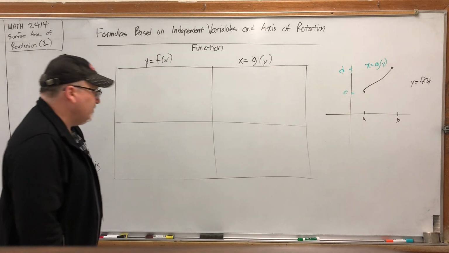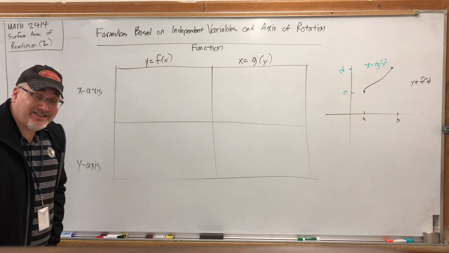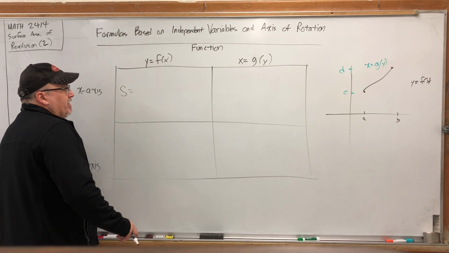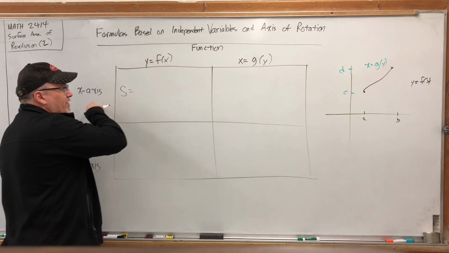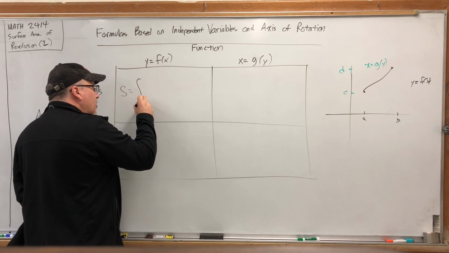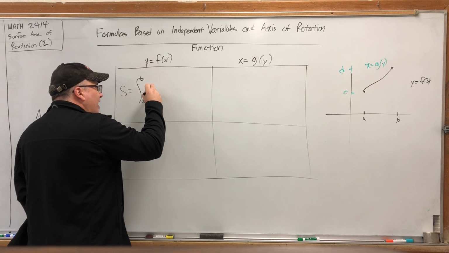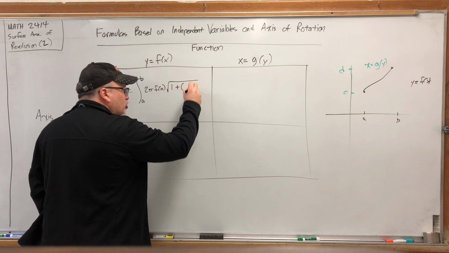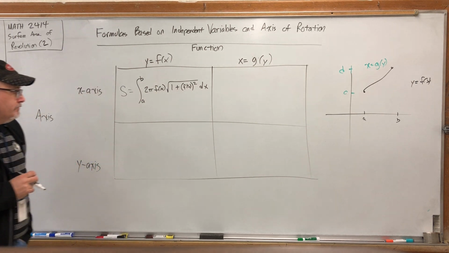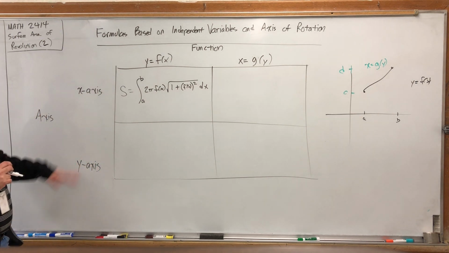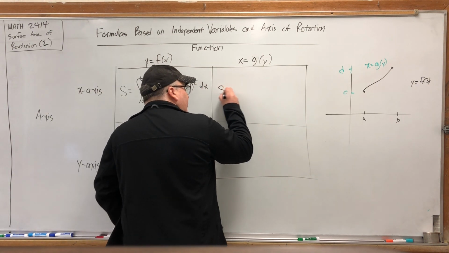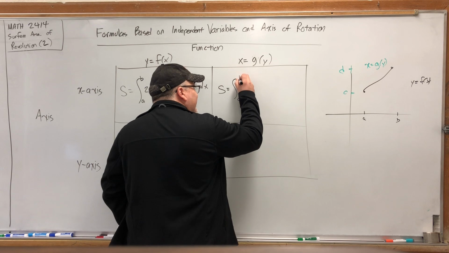Now, in the first video, we developed the formulas for rotating around the x-axis, so let's summarize those. The lateral surface area, when you're rotating the graph of y equals f of x around the x-axis, was the integral from a to b of 2 pi f of x times the square root of 1 plus the square of the derivative of f of x dx. But if we were rotating around the x-axis and we had a function of y, then the lateral surface area was the integral from c to d,